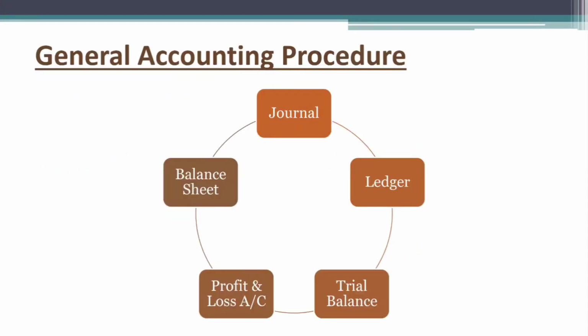Let us now see what's the general accounting procedure that the companies follow. The accounting procedure starts with the preparation of journal entries. These are then posted to their respective ledger accounts. Thereafter, a trial balance is prepared, and from these balances, profit and loss account is created and final profit or loss is ascertained. After successful completion of the above process, the final balance sheet of the company is drafted.